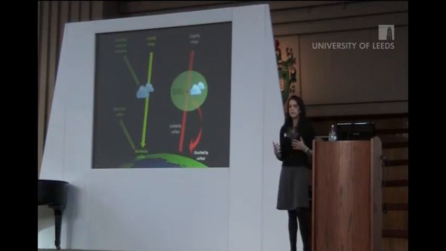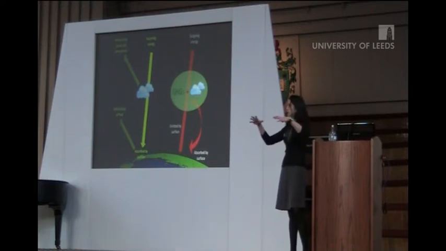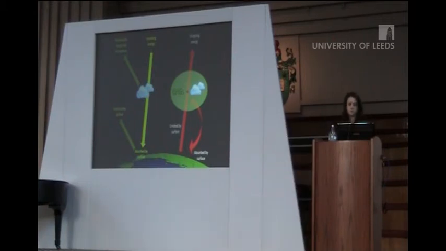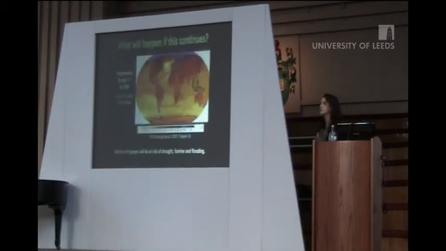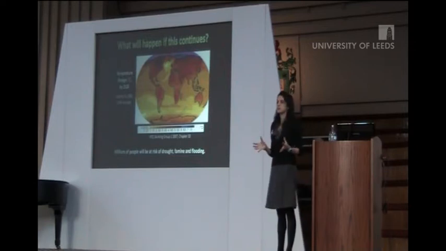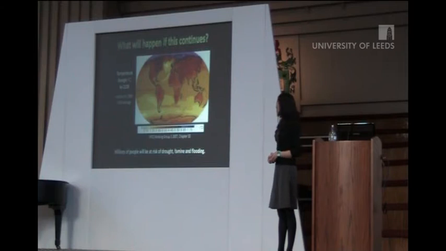But because human activities have actually led to an increase in the concentration of these greenhouse gases, we're trapping more of that radiation within the Earth system, and that's led to a temperature increase. So we've already seen, since pre-industrial times, an increase of about 1 degree temperature change globally.